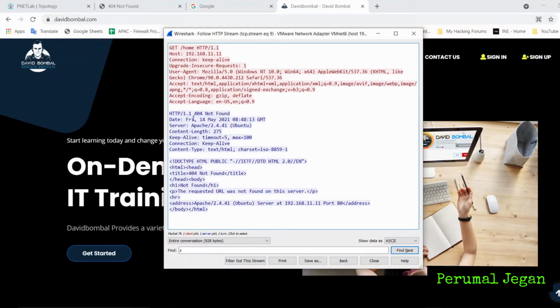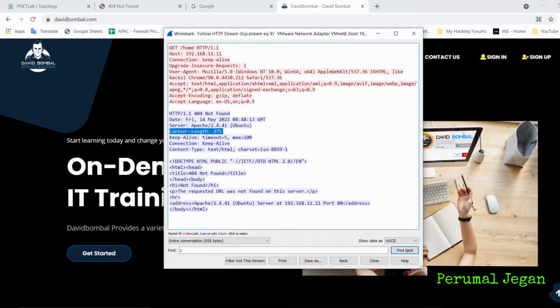The date, the response generated time, is shown here, and the third one is very important for penetration testers. Along with the response, the web server gives its version, and also the operating system the web server is running on. This particular message is very important. When you get the version of the web server, you will be able to check for vulnerabilities for this version, which will be used for further exploitation.